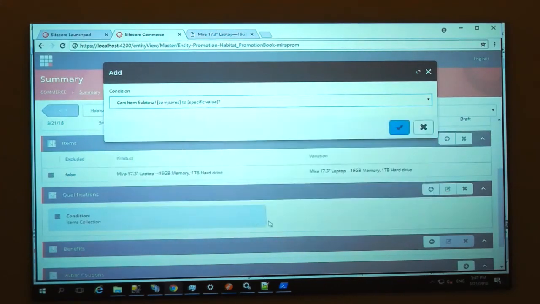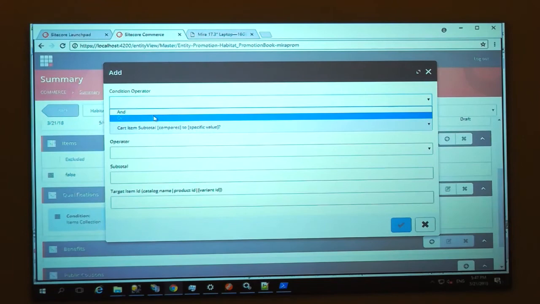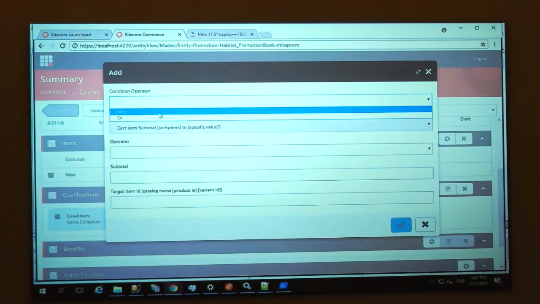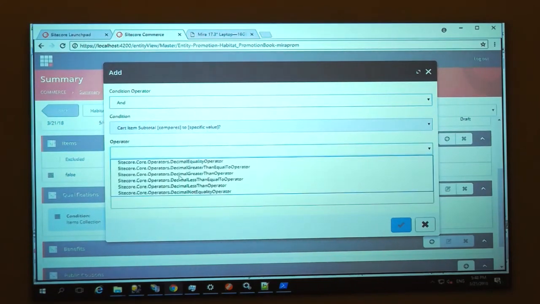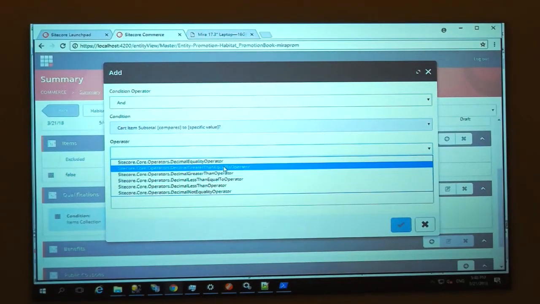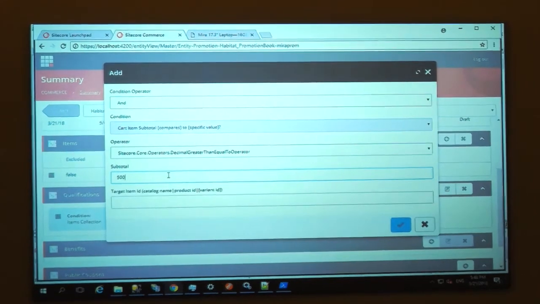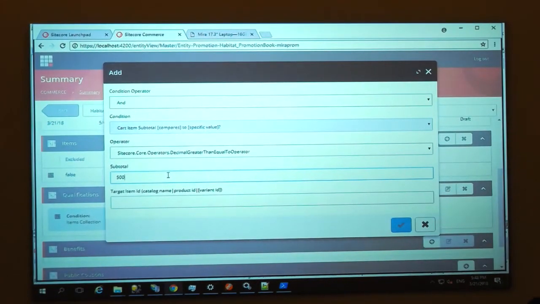I'll click over here. Is or end sign. I will choose maybe the end sign. Operator, it should be less than or equal to, greater than or equal to operator. And the subtotal should be 500. So the operator is greater than or equal to, subtotal 500, and the target item ID is